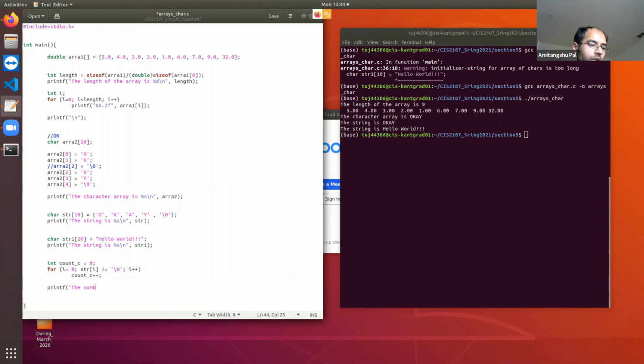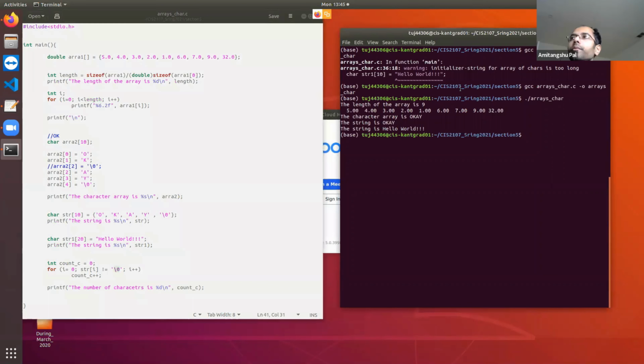The number of characters is percentage d. So here what I have done is that I'm basically checking the number of characters that I need to traverse until I encounter a null character. That's it.